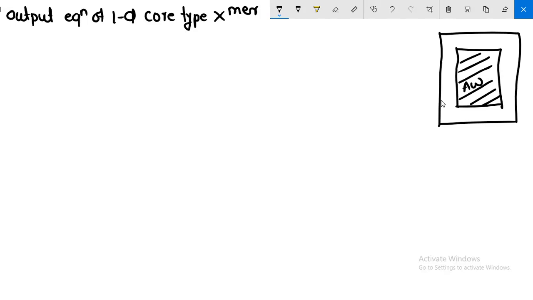The suffix small w, whatever this suffix small w is, is called the window area. Okay, this is nothing but the window area, and this window area is applicable for deriving the equation of the single phase core type transformer, that is shown here by this particular line. With this line we have shown the area. Okay, now see here,